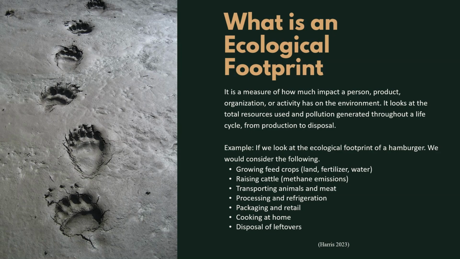So if we decide, yeah, the ecological footprint of this hamburger is a little too high for my liking, maybe I should think about portion sizes. If I'm disposing of products, maybe I should make half of a burger and then I'll have leftovers for tomorrow. Or if you're thinking about transportation, is there a local butcher that you would be able to purchase from? Or maybe if you got a couple vegetables together and made a bean burger once in a while, that would help lower that ecological footprint. But these are all choices that individuals would have to make.